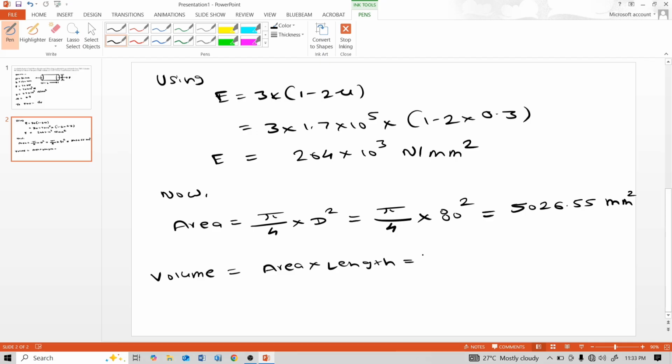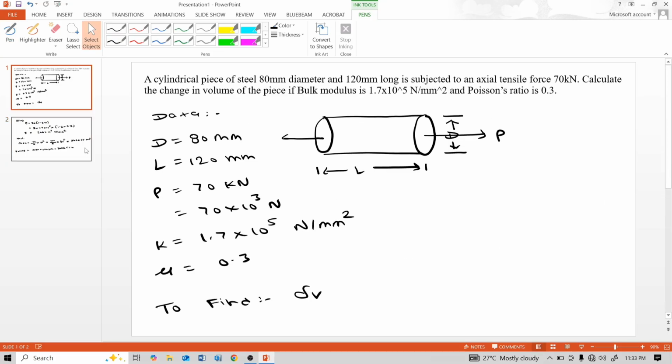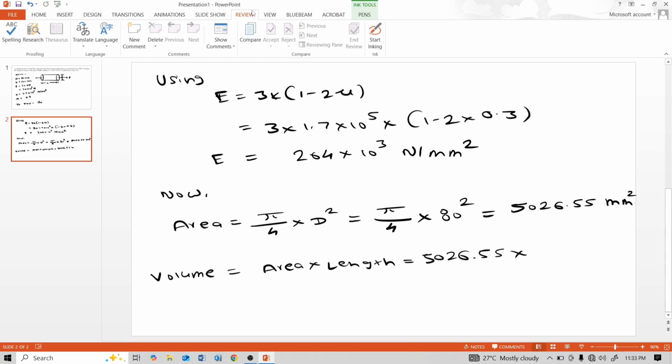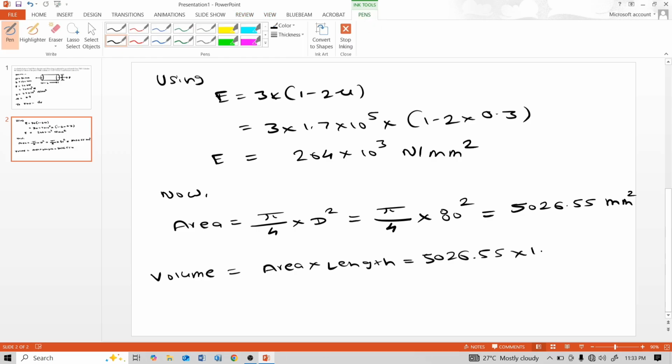Area is 5026.55 into length, which is this 120 mm. Therefore, 5026.55 multiplied by 120 is 603186 mm cube